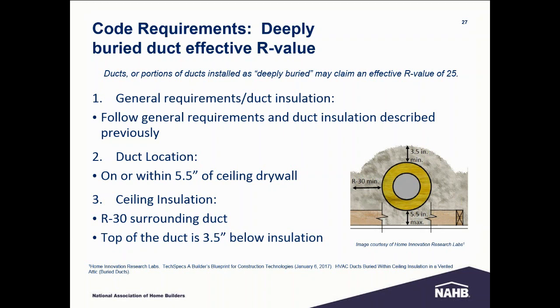And get the R25 for the deeply buried ducts, and if they're exposed, then you just put the R8 or R6 or whatever the insulation level is on those particular ducts. As far as the duct location, it has to be within 5.5 inches of the ceiling drywall, and a couple reasons for that. One is to be able to go above 2x6 studs, so you could drape it across the studs. Or if you're having a takeoff on a duct that's over a 2x4 bottom chord, that you can be a couple inches above that as far as your takeoff on the main trunk line, and still meet